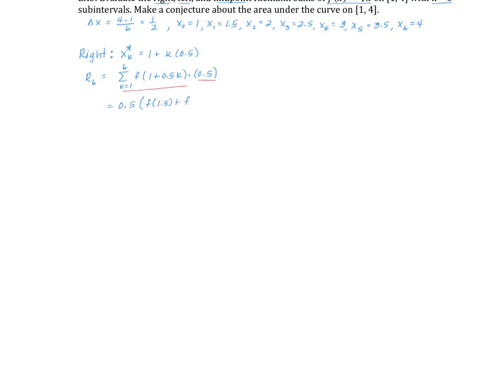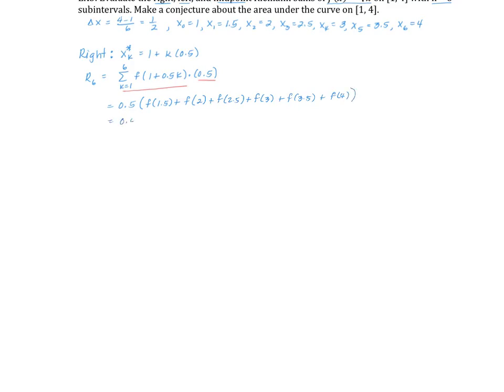Plus f of, when k is equal to 2, this is 2 times 0.5, which is 1, so this is going to be 2. Plus f of 2.5 plus f of 3 plus f of 3.5 plus f of 4,